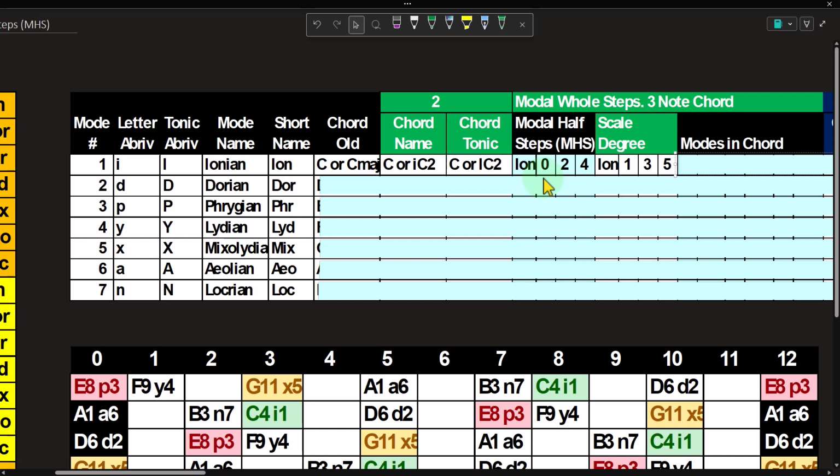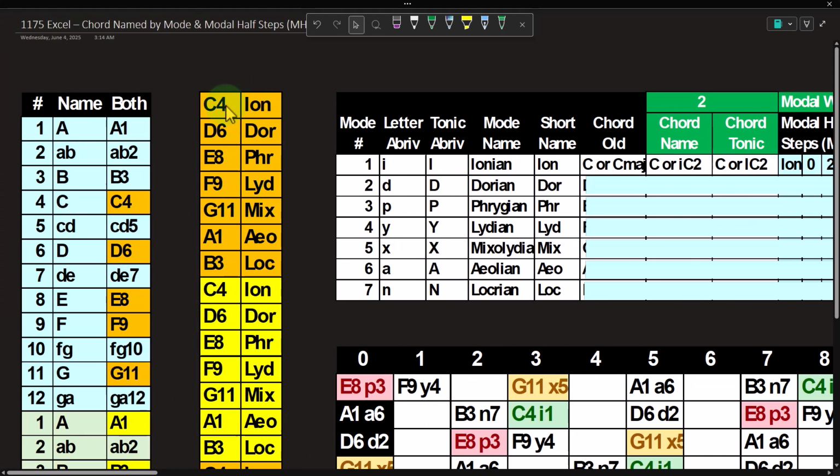So it'd be better to say, look, it's distance-wise 0, 2, 4. And that converts to the scale degrees, which would all be off by 1, the 1, 3, 5. So in other words, when we look at this chord, they're going to make this the 1 from a scale degree standpoint and say it's the Ionian, the Phrygian, and the Mixolydian. They're going to say C, E, and G,